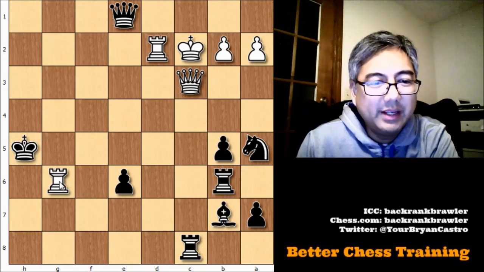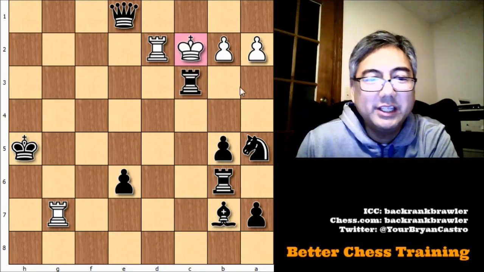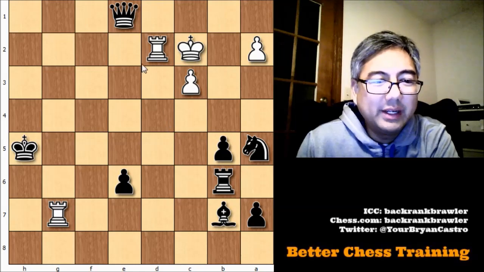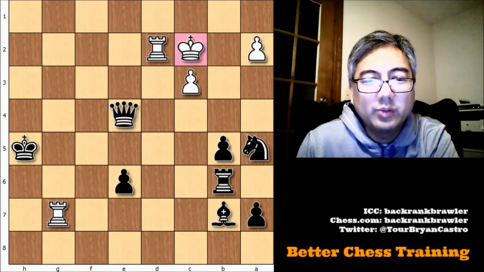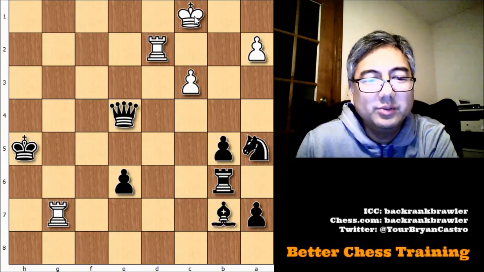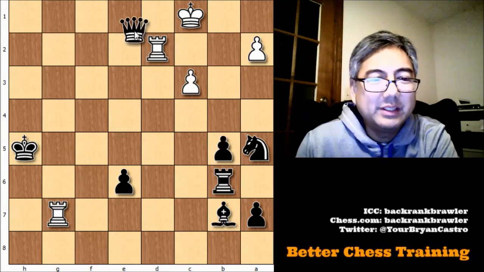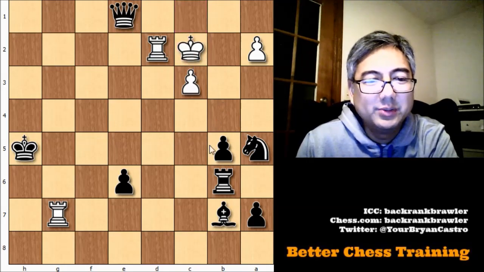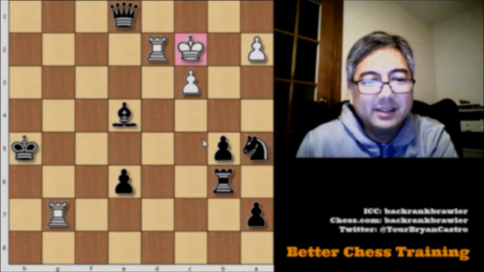Let's say the rook makes a move, try to find a safe square for it, like rook g7. Well, that just gives us time here to play this check, and after that, we can bring our queen here to defend. Let's say the king moves here, then there's a lot of things we could play, even something like queen to e1 check to play this bishop check. Okay, and then you can see here that white's going to quickly